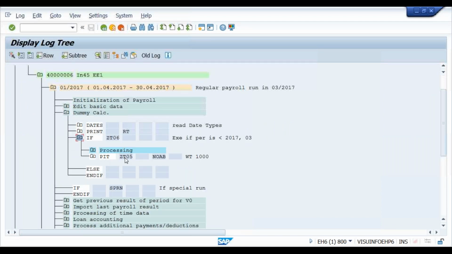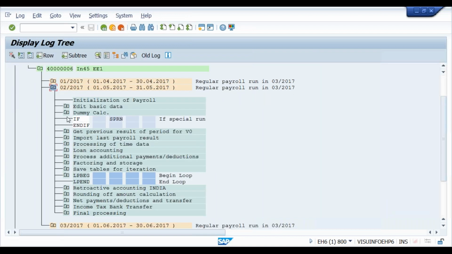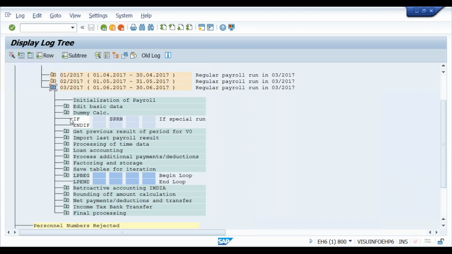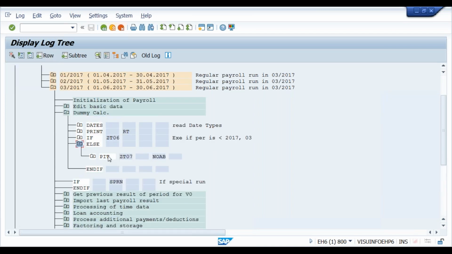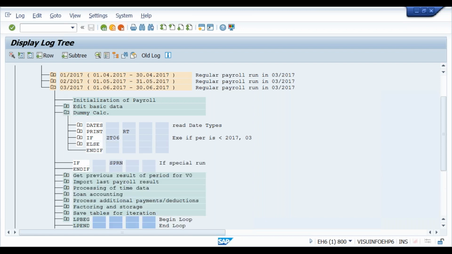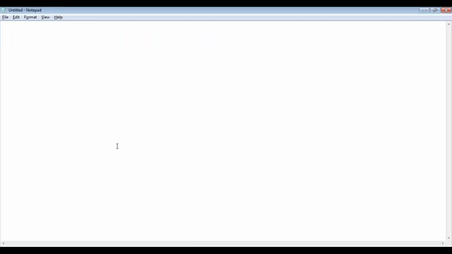See, it is going to old logic, right? Here also it is going to old logic. But if it is the third month, it is going to new logic. Old one is not executed. So this is another way of doing the delimitation of the logics, keeping the effective date setting in the rules. So you practice and show me the screenshot of this requirement.